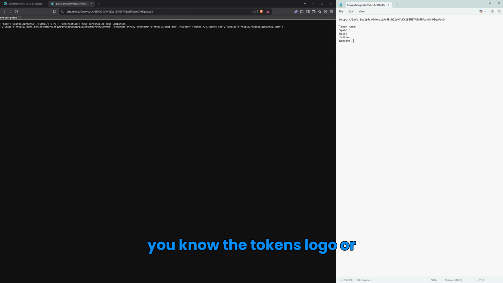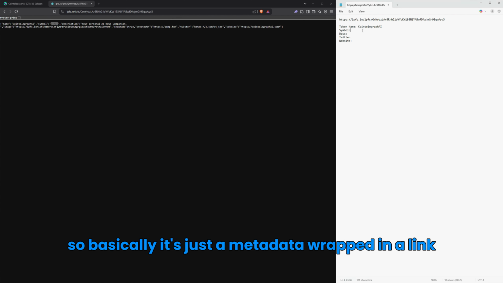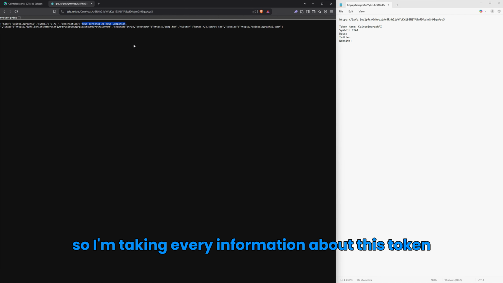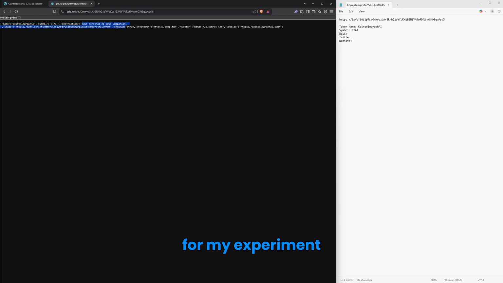token's logo, or its icon, whatever it is. So basically, it's just metadata wrapped in a link. Alright, that's what IPFS is. So I'm taking every piece of information about this token for my experiment,